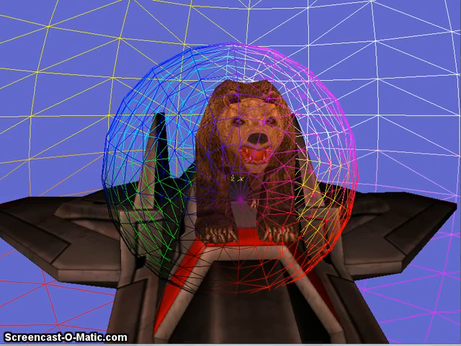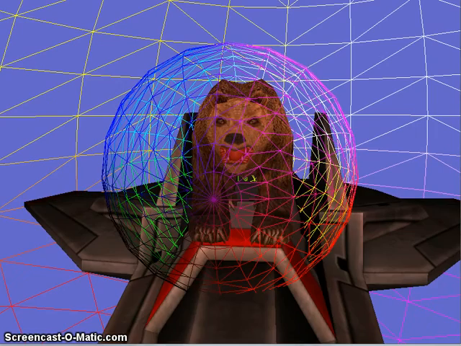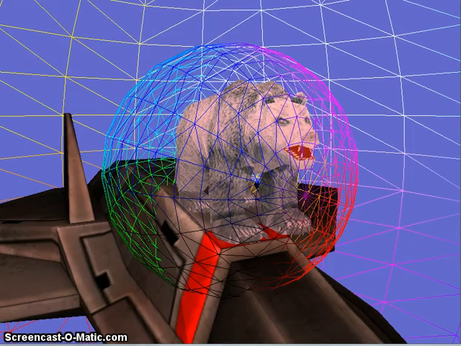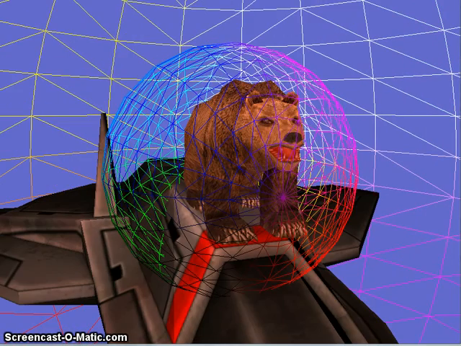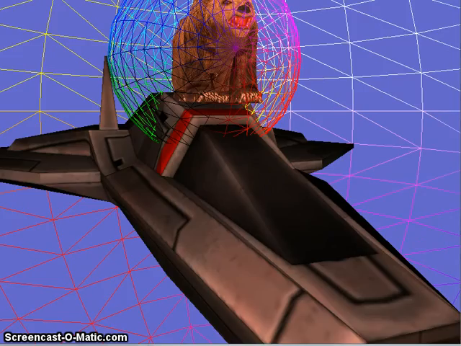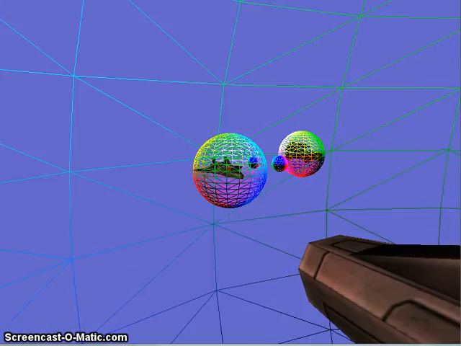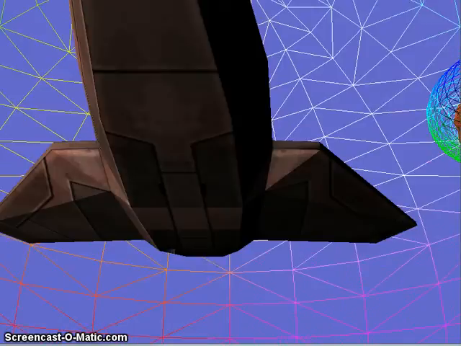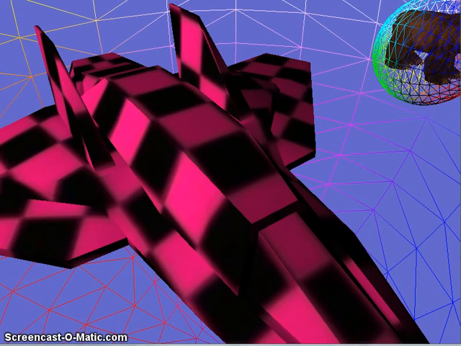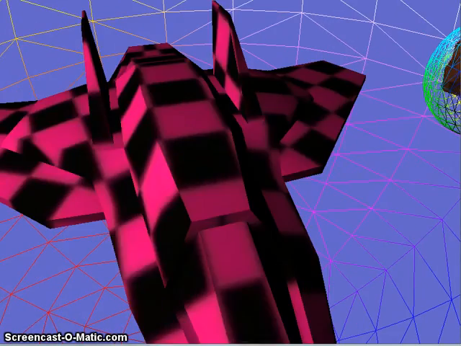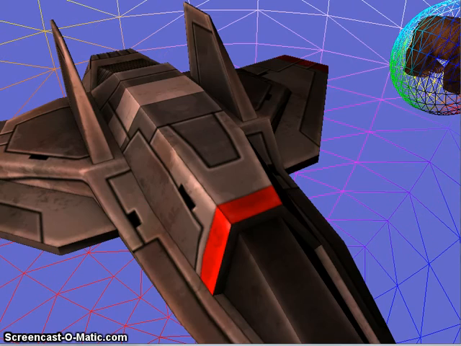Now, I also have texture swapping in this model viewer. I can press the 1 key to change Warbear from a brown bear to a polar bear, and back again. And then I have my 2 key set up to change this particular instance of the space frigate from its normal texture to the pink checkerboard default texture. And speaking of the default texture,